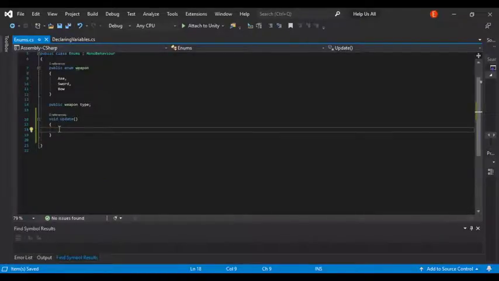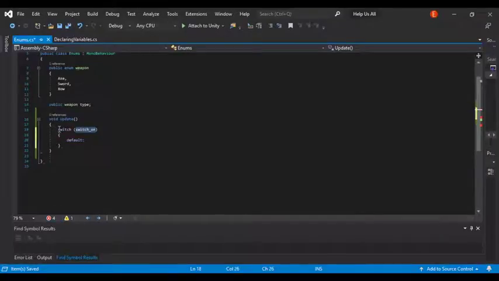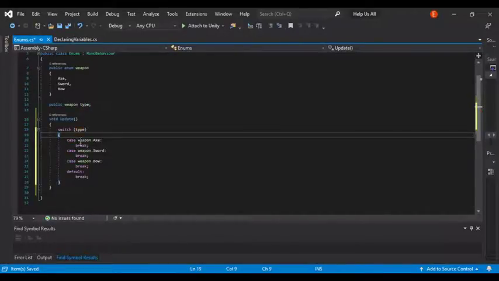Okay. In the update function, this is a clean update function. Can you put it through so that I can follow you? Okay, do switch. Press tab. Okay, are you caught up? Switch, press tab. Then you enter type, because that's what we're using. And then press the first curly bracket below switch, and it will autocorrect all of the values we need.